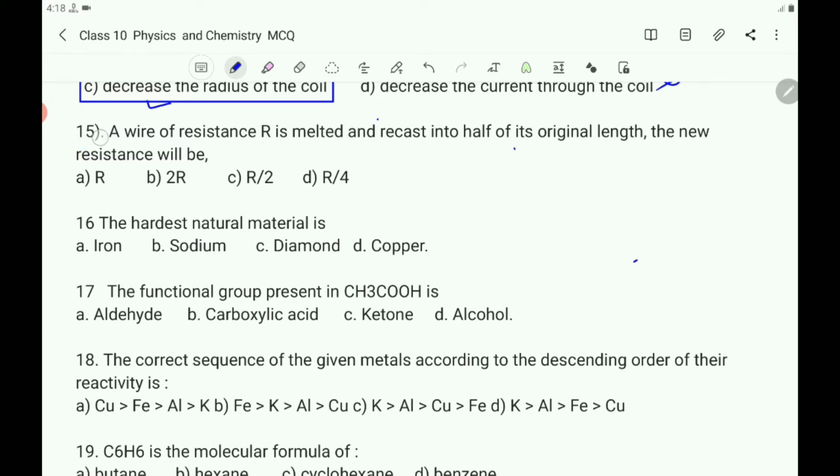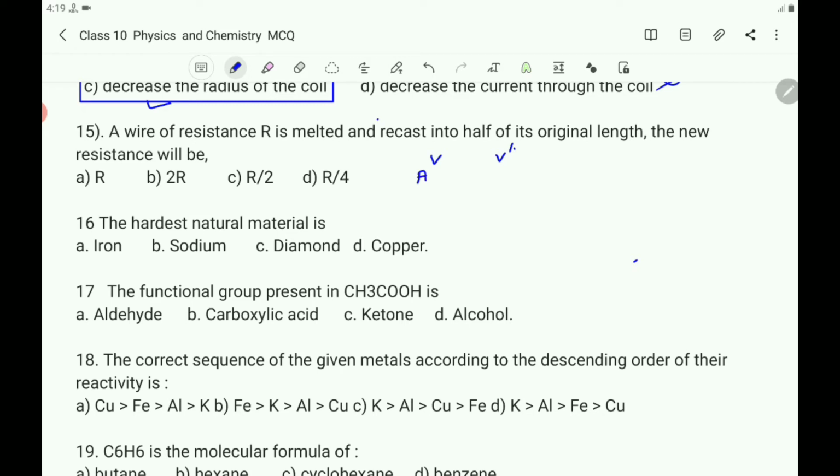So in this case we have to consider that in both cases the volume remains the same. As the volume remains the same, there is a change in the cross-section area, meaning a change in the radius or diameter, and also in the length. Here as the length decreases, the area of cross section increases. But the volume remains the same. If you consider V is the original volume and V dash is the new volume, you know the formula for the volume of the cylindrical wire, that is pi r square h. What is that?